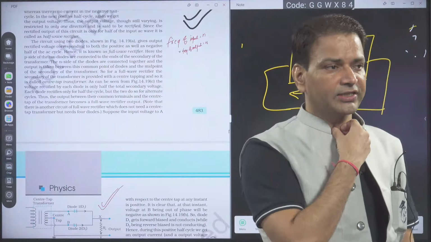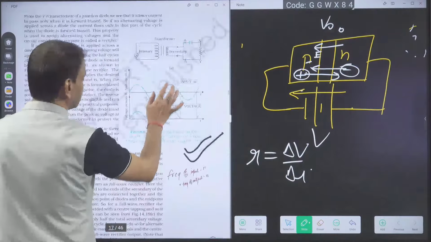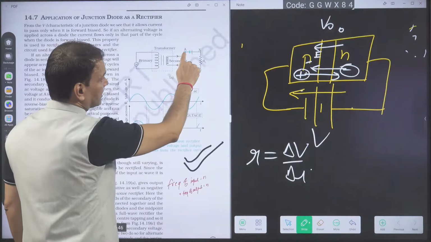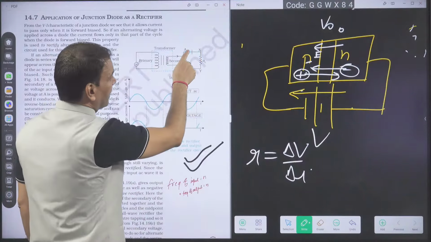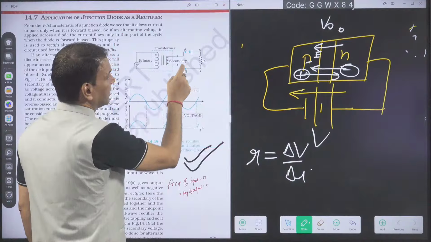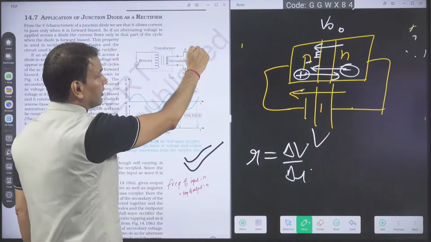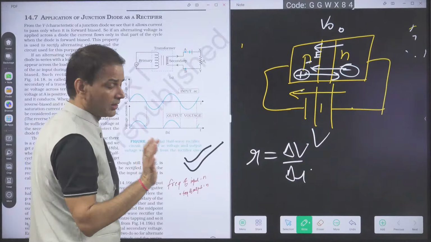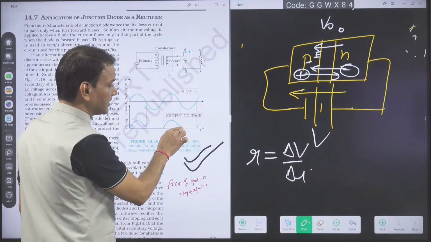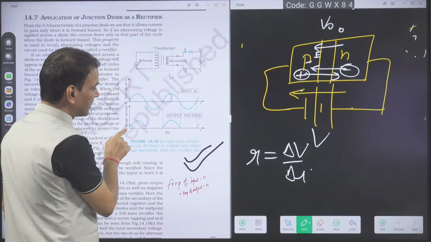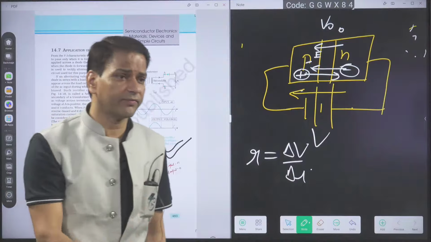In the half wave rectification, for the first positive cycle, suppose the diode is in forward bias, current is conducting, going from X to Y. Next cycle, what will happen? This is negative, meaning P is at low potential, so the diode will be in reverse bias. It will not conduct, so from X to Y I will not get the current. We got current for half a cycle, then not, then again we get current, then not. So current is flowing only in one direction, but only for half the cycle. That is called half wave rectification.